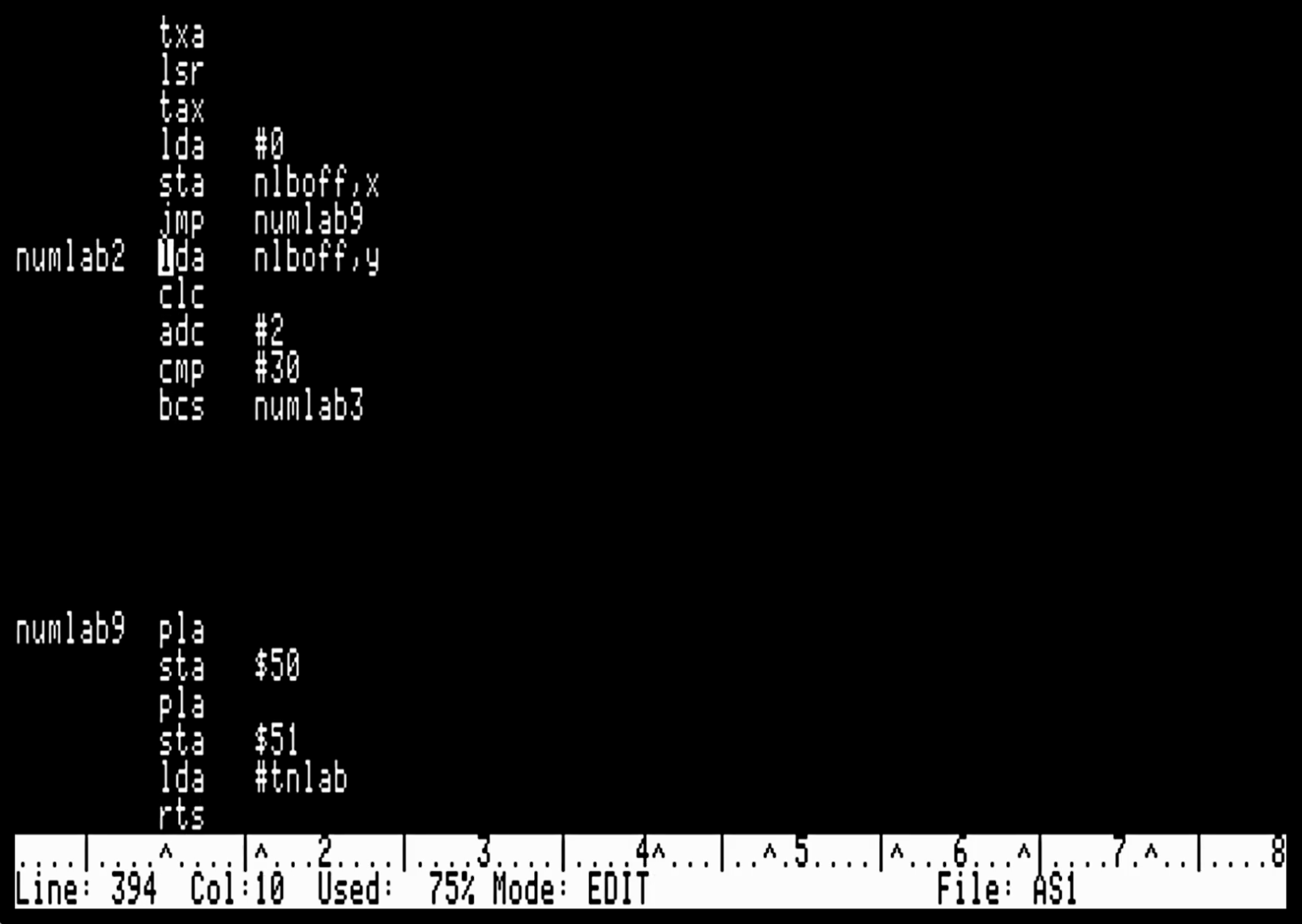Okay, so get the offset, add 2, compare to 30. If it's greater than 30, go to numlab 3. Otherwise, put the offset back because it's fine. There's nothing wrong with it. And we need to now take this new offset, and carry is clear because of this. So we need to add this to NLB pointer X, store that in Tocqueville,